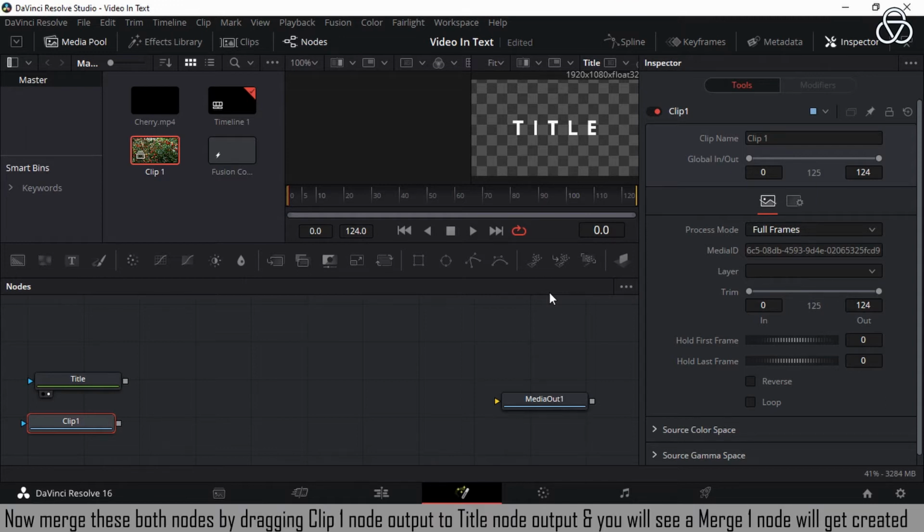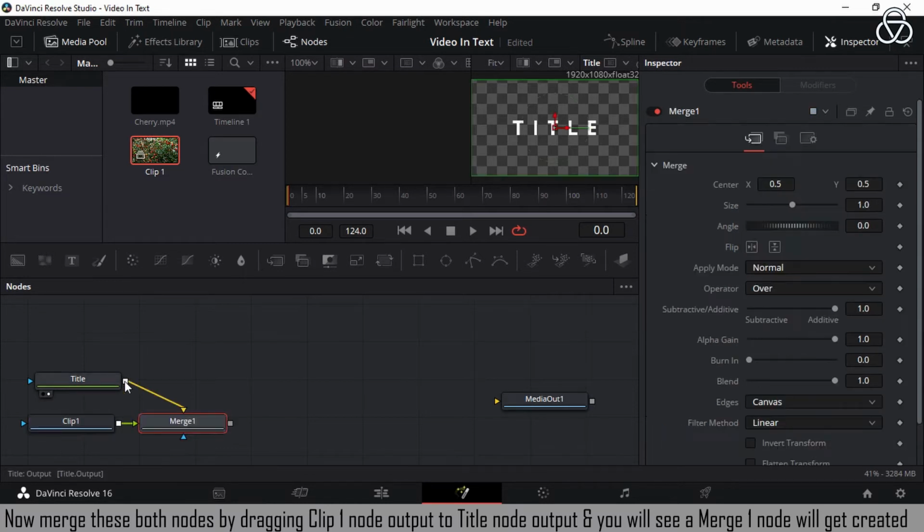Now merge these both nodes by dragging clip 1 node output to title node output. You will see a merge one node will get created.